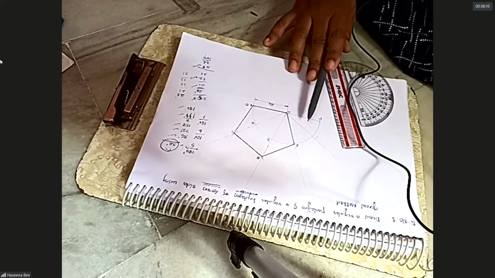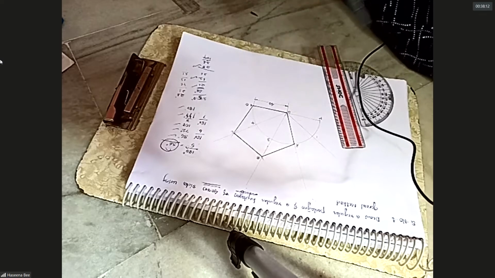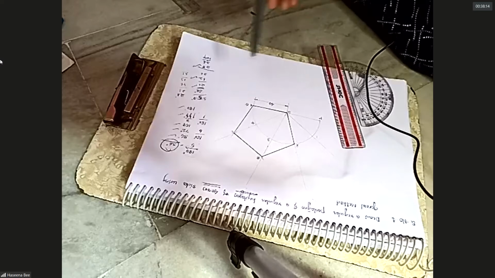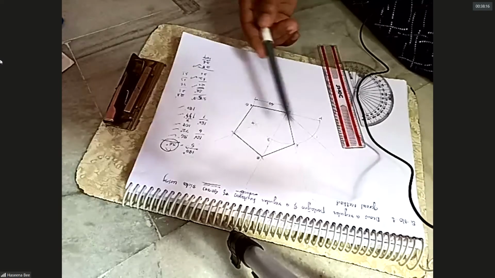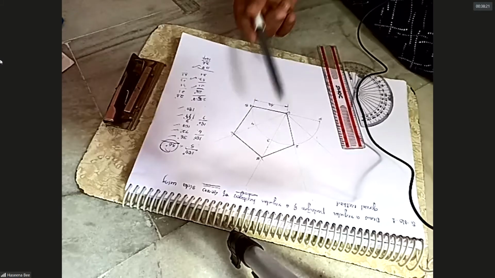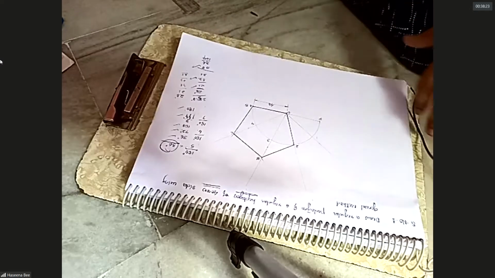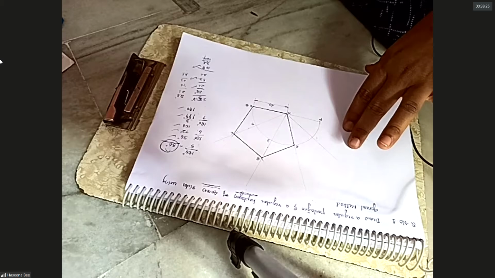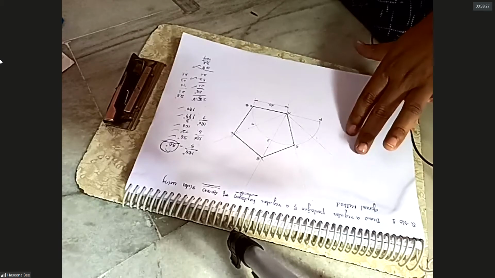And moreover, why I am showing it with my hand, I am drawing here: the problem is you are not maintaining the dark lines dark and light lines light. You are making everything dark. That is the reason I'm showing it once again. Okay, this is the first method. Is the first general method clear for everyone, ma'am? Shall we go to the next method?